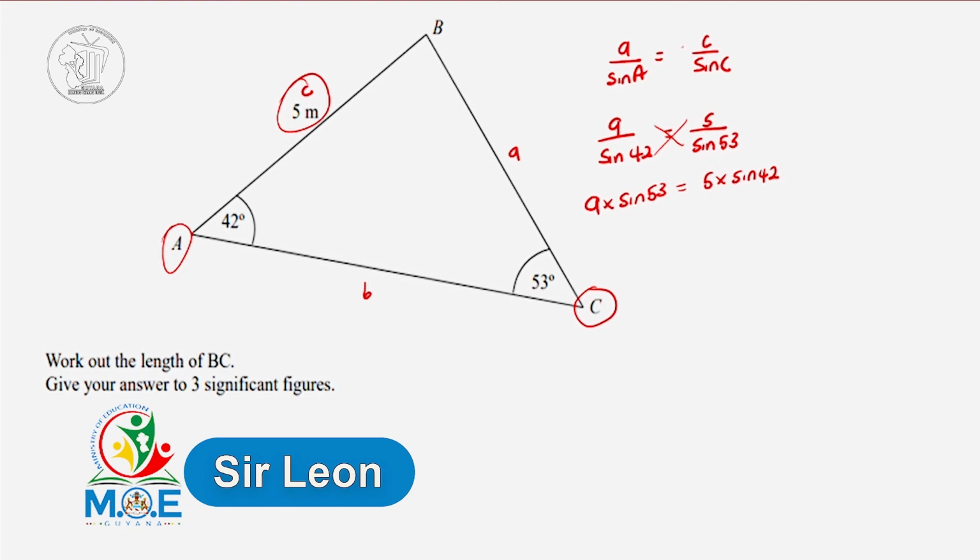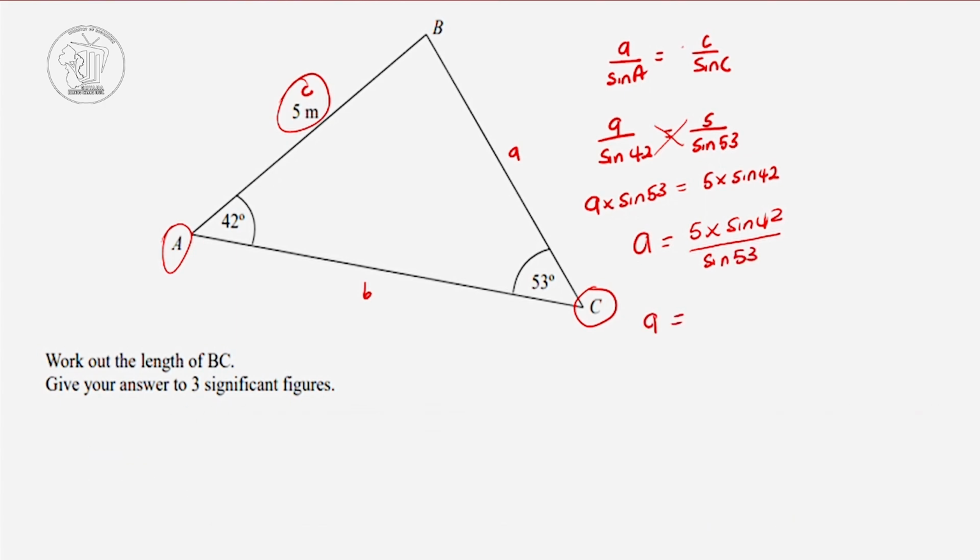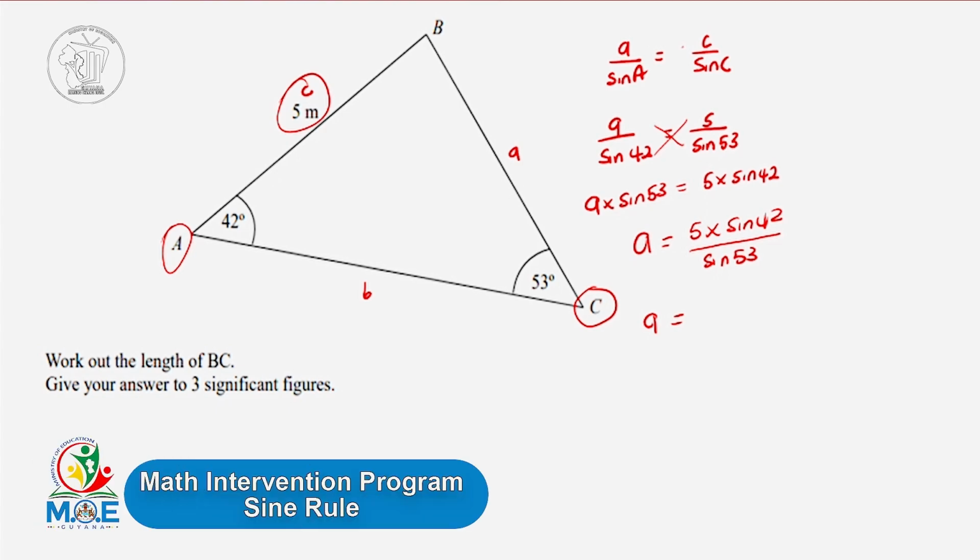So we want to solve for A. We see the sine 53 is multiplied, and we take it over to divide. A is equal to 5 multiplied by sine 42, all divided by sine 53. Hence A would be equal to, so we use our calculator once again. So 5 multiplied by sine 42, and then this answer will be divided by sine 53. So we have our answer being